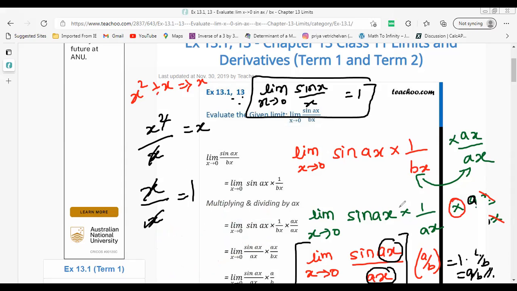Yeah, I understood. Here I do have a multiplication operation, so I am allowed to make the further simplification. And here you do have the value of x as 0, right? People tend to make a mistake like this, like they might put a into 0 upon b into 0, which is wrong. You have to simplify as much as possible. In the last step only you have to make the substitution of x. Understood?